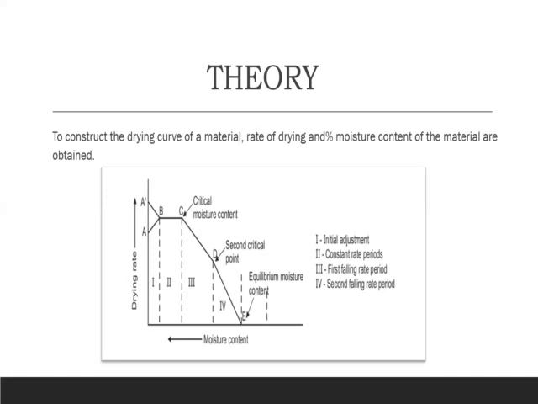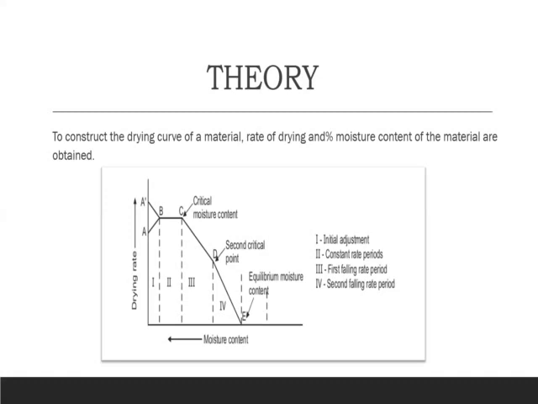The moisture or remaining moisture is evaporated by the molecular diffusion mechanism. So from point E, which is called the equilibrium moisture content, the E point will be the equilibrium moisture content.